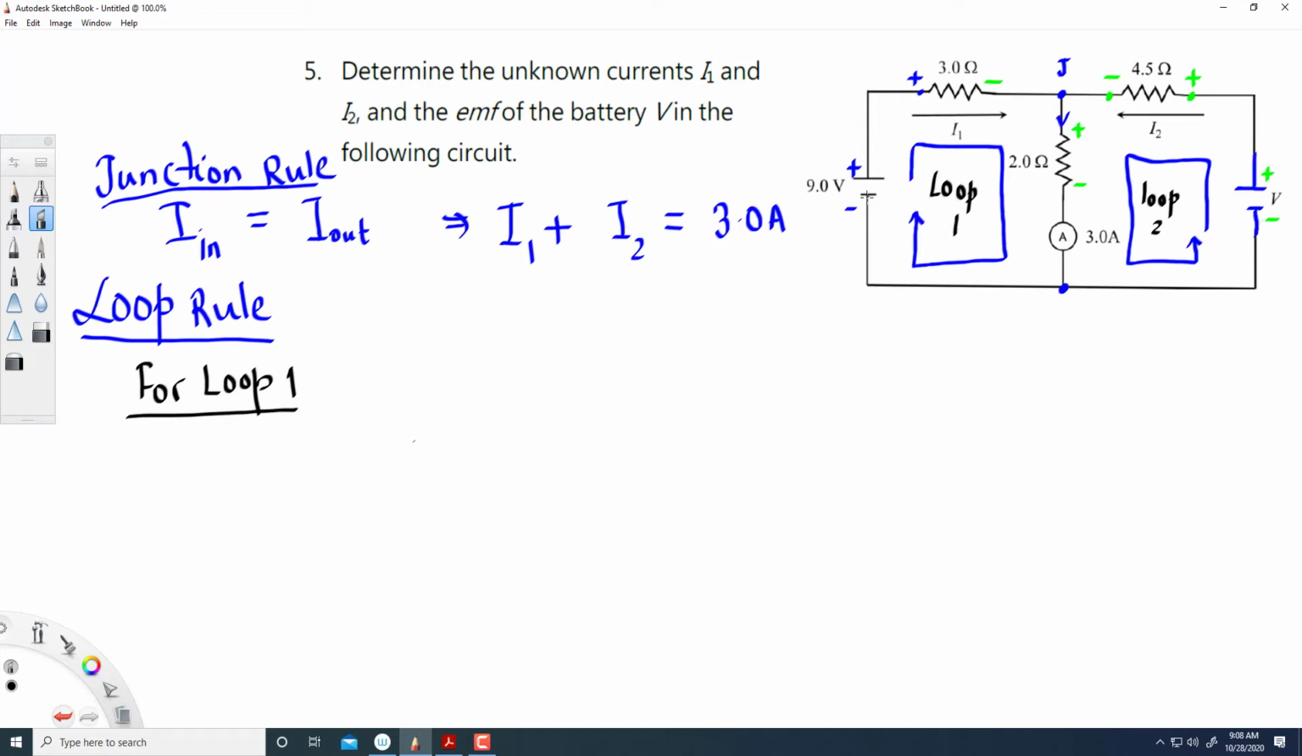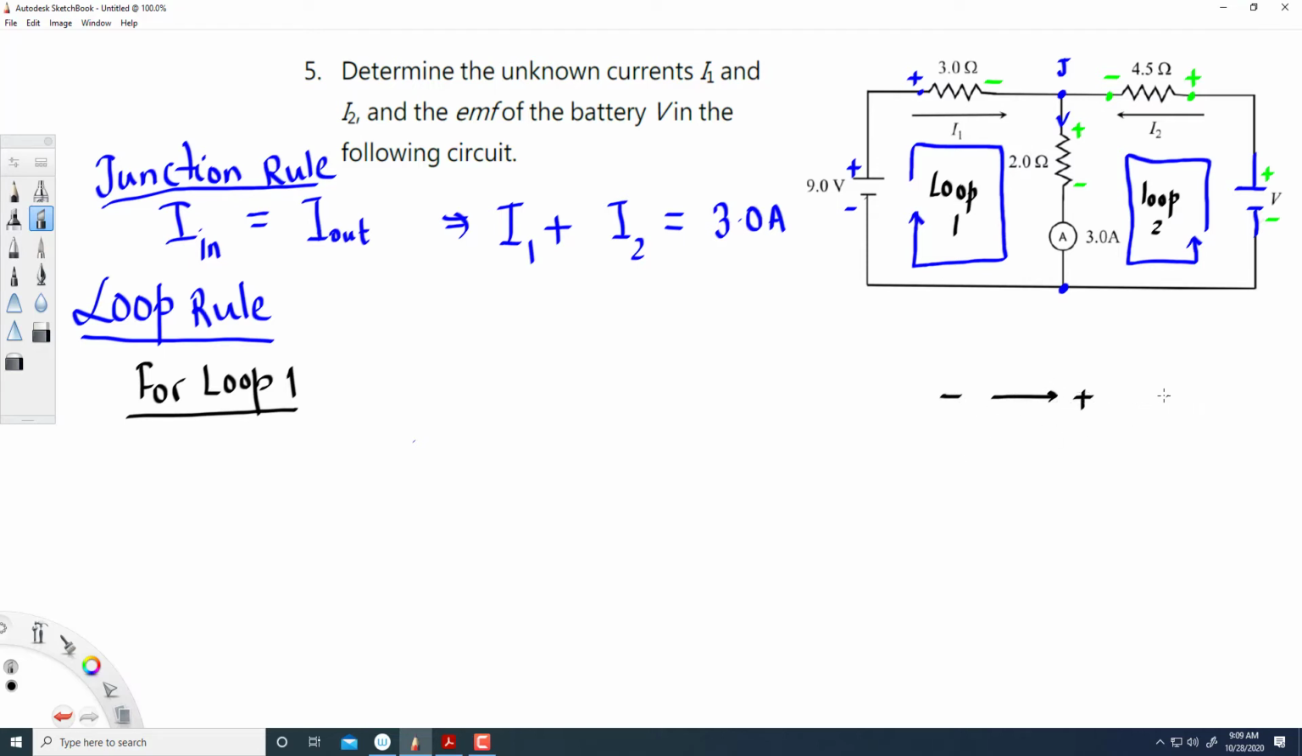So start with any component. Let's say start with the battery. We are going clockwise, so move clockwise along this wire. When you move clockwise, you are going from negative to positive. Negative means lower potential, positive means higher potential. So when you go from lower potential to higher potential,